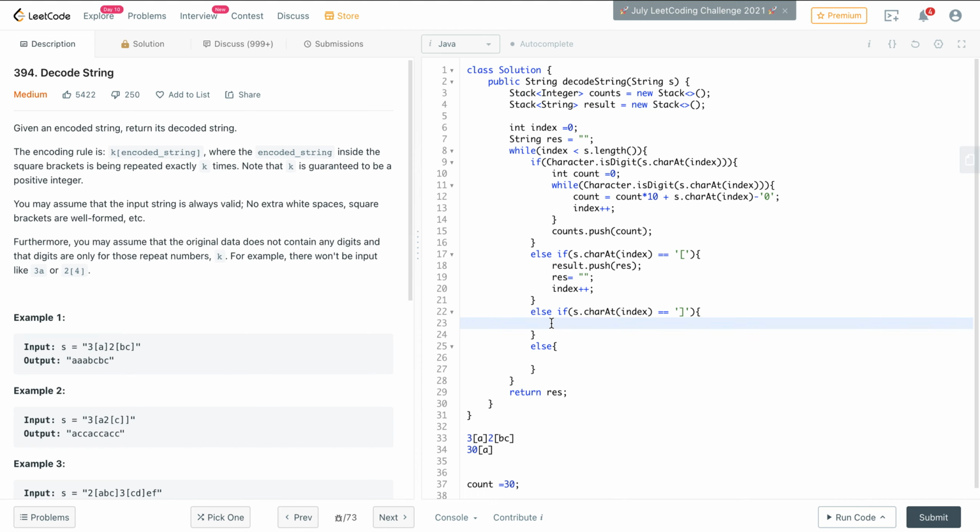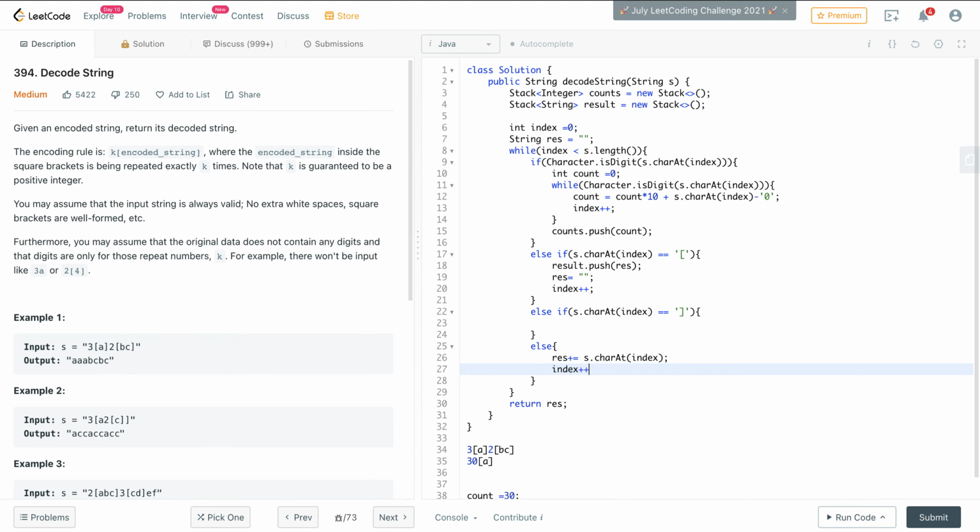So before going to that, let's say we just got a character. We will just append that to our temporary string, and then we'll just do index plus plus. So everywhere we are just doing some operation and doing the index plus plus just to continue through the string loop. So whenever we get a close brace, what we need to do is we just need to pop from the count stack. So let's say int count is equal to counts.pop,